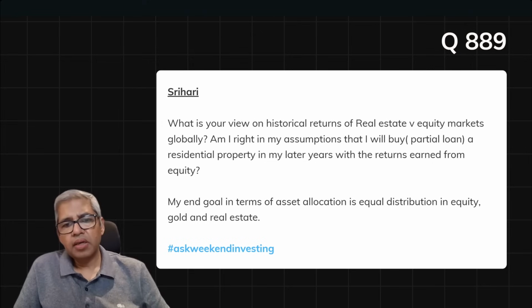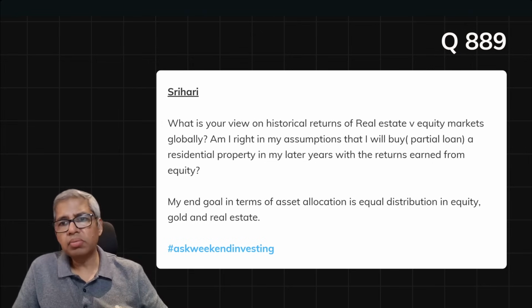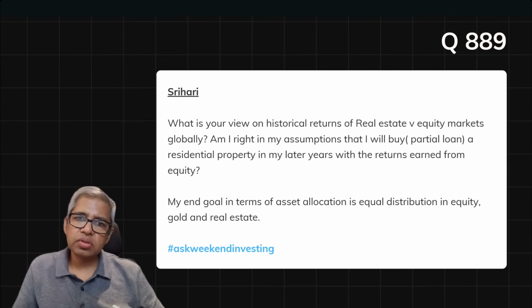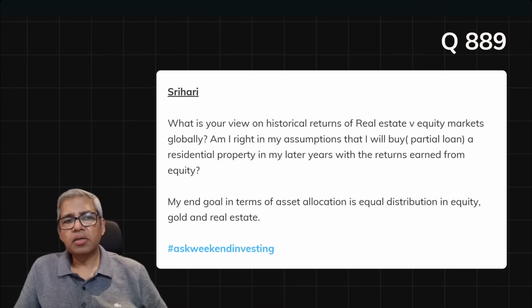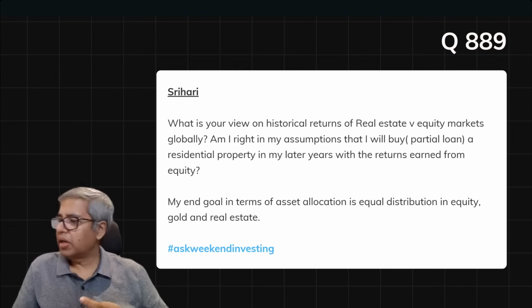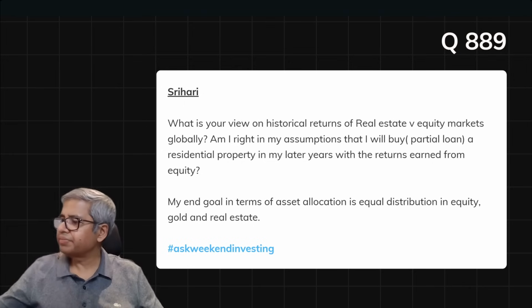Three, of course, is that loans are available at 8%, and you will hopefully make 12 to 15% in the markets. So, even if you have the money for the house, take a loan. Home loans are very good loans. They can leverage you well, and if you are able to get some timing right in the real estate market, you can make a lot of money. So, my view has been that, and the fourth benefit, of course, is that